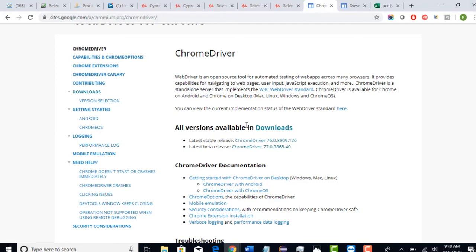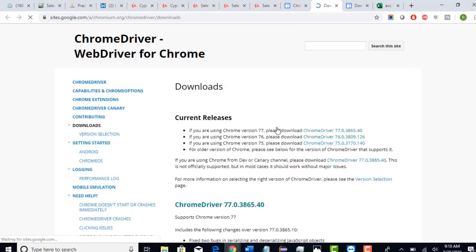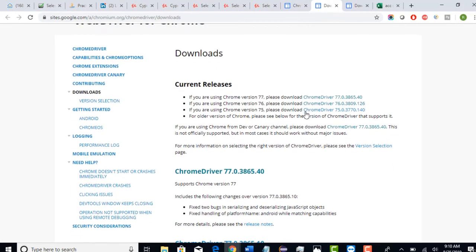So here I will suggest you to again go to this download section, because it's asking us to download the latest stable release, but at the same time the version whatever you are seeing may not support all the browsers. So to know which browser supports which driver.exe file, go to the downloads. So basically you got an idea, right? These are nothing but browser drivers which we initially discussed in architectural lectures.